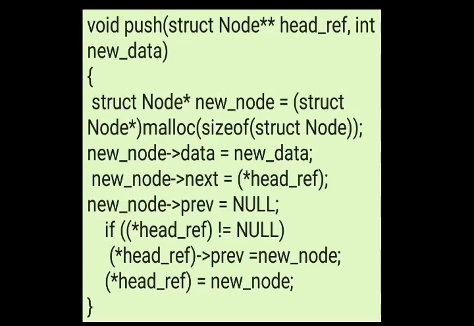You are going to add a node at the front, so pass the head pointer and data as parameters. Create a node using the malloc function as usual and add data into it by saying new node's data equal to new data. Before A, you are creating node E, right? So look at the line: new node's next is equal to head pointer.